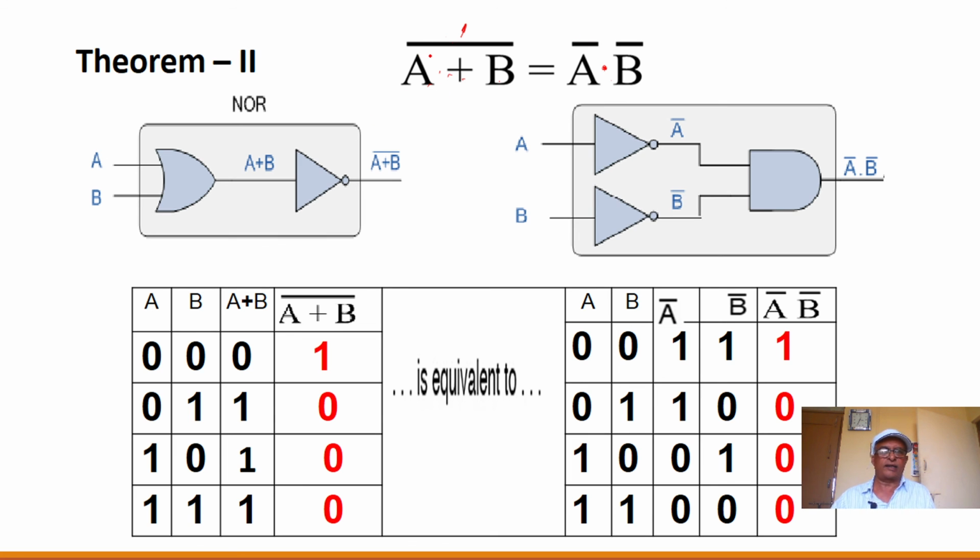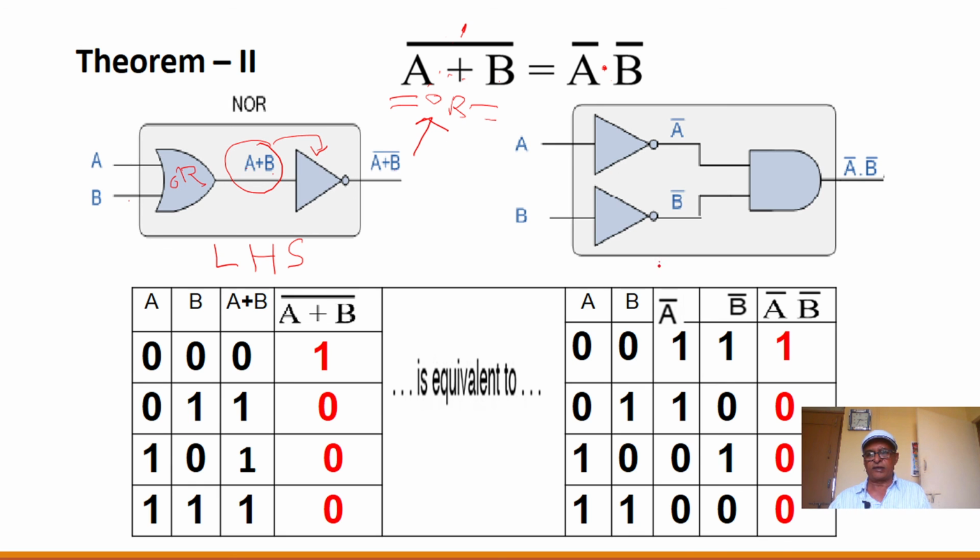Okay, now how we can consider the logic diagrams? So this is the logic diagram for left hand side. Now for the left hand side always we start from input A and input B. Now for the plus we can use OR gates, means A or B, means we draw this OR gate, having two inputs A, B, we get the output as A plus B. Now this is input to the NOT gate, so the output of NOT gate is complement of input. Input is A plus B, so output of this is A plus B bar. So this is the left hand side.